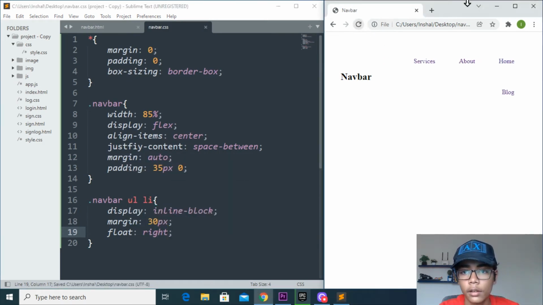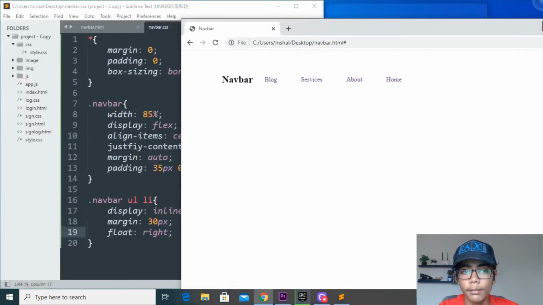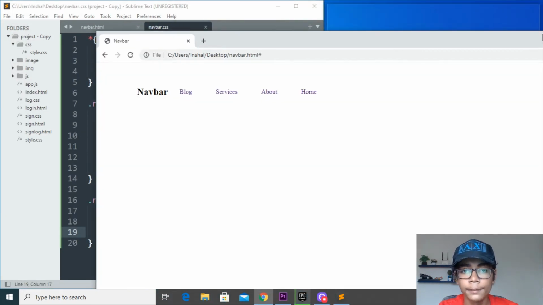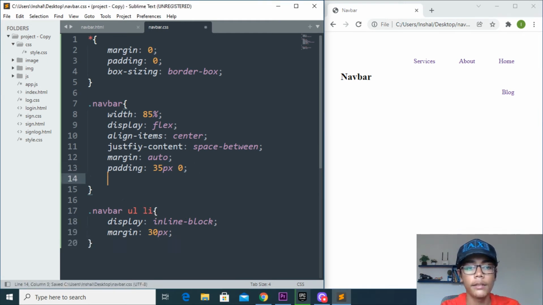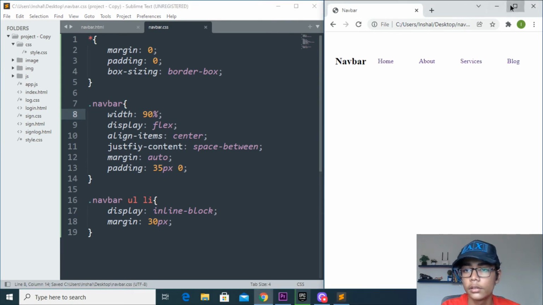Save, reload. So you can see that it is coming like that, but we don't want it just like that. So here I will be doing one thing. I will be erasing this and saving this file from here, and again I will be moving down, and here I will be doing one thing. First of all, like that, and give it the margin auto. So we have just done that, and width if I do empty, save and refresh, so do like that.